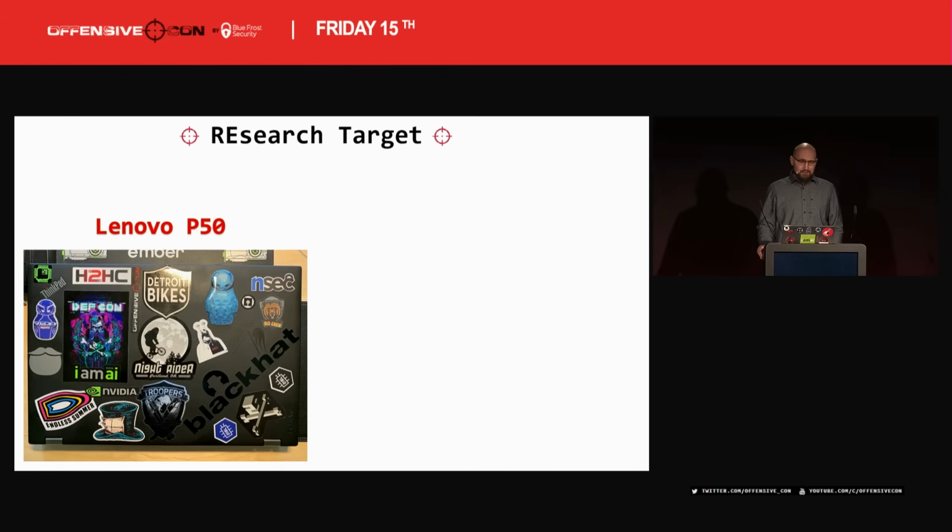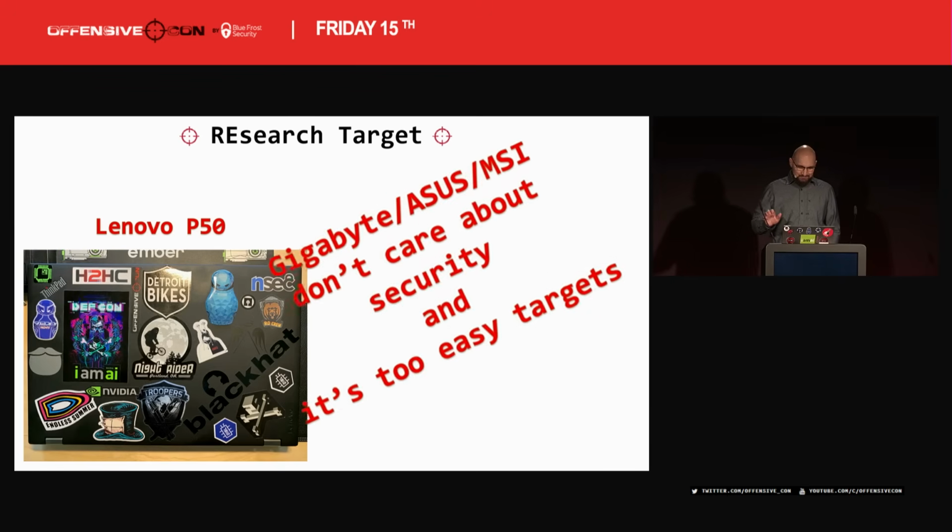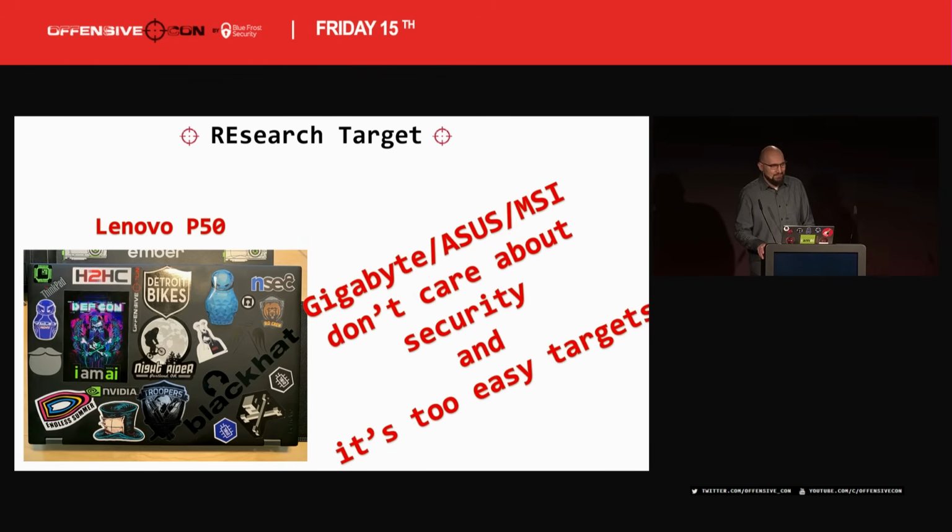Actually, I switched from easy targets like Gigabyte and Asus, which I presented last year at OffensiveCon. So I focused on my Lenovo P50, which is a more interesting target, and not based on American Megatrends, which is more fun for me because Phoenix BIOS, I have not touched it a lot, and there have been a lot of surprises